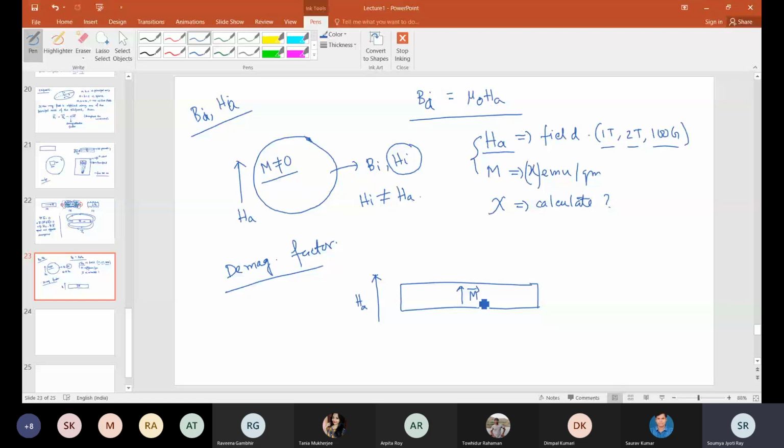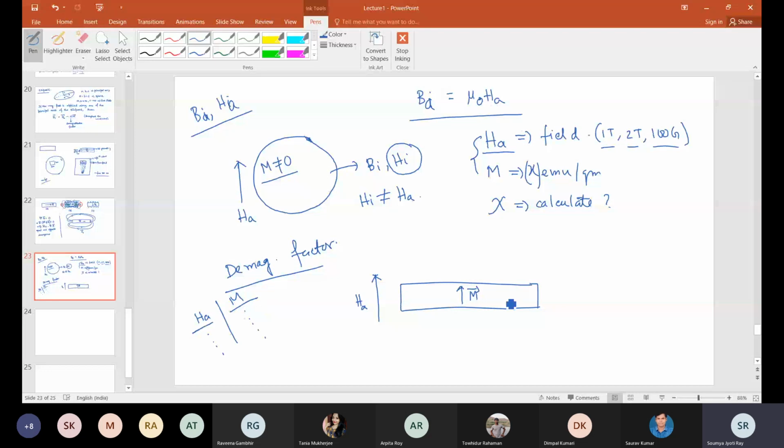This is the magnetization that is generated as a result of this. If I simply do the experiment, I will get a table with certain values of HA and M. Now I can plot this M versus HA and calculate different quantities. I can also say that this is the value of magnetization, that is the susceptibility, but that is not entirely correct, because we are thinking that this is the field that the moments inside the material are experiencing, but it is not true.